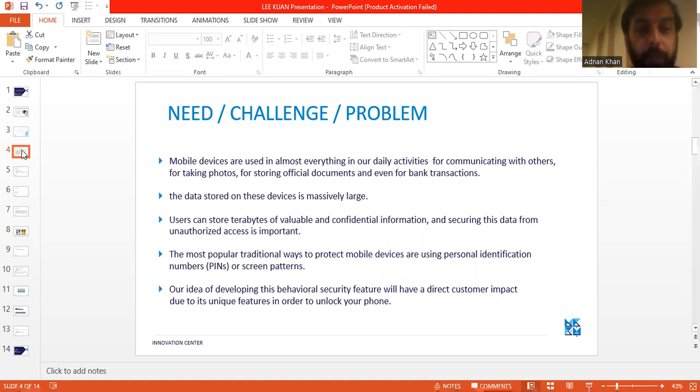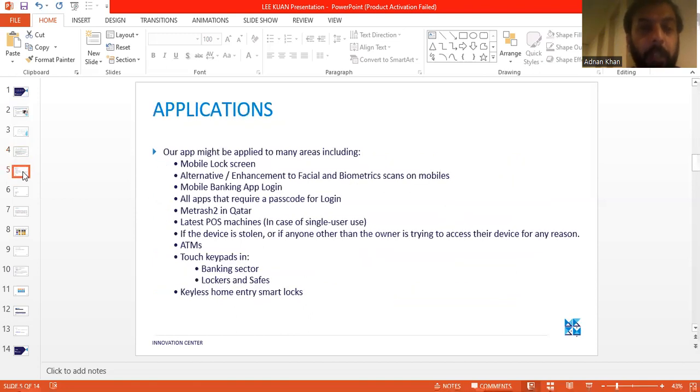Our idea of developing this behavioral security feature will have a direct customer impact due to its unique features in order to unlock your phone. There are numerous applications, for example, mobile lock screens, alternative enhancement to facial and biometric scans on mobiles, and mobile banking application logins. All applications that require a password for login can use our solution.